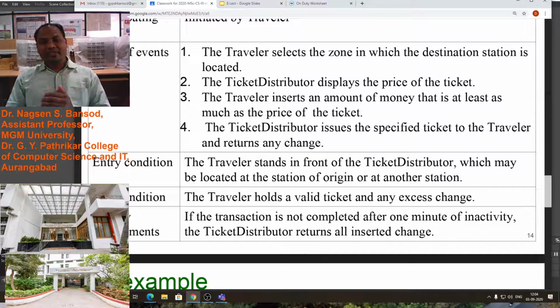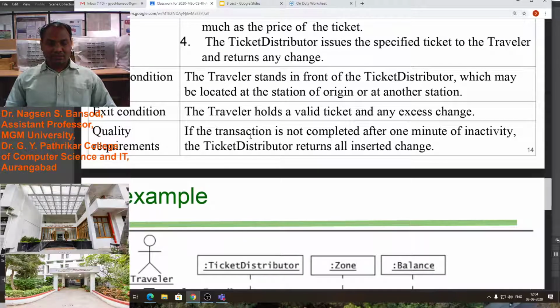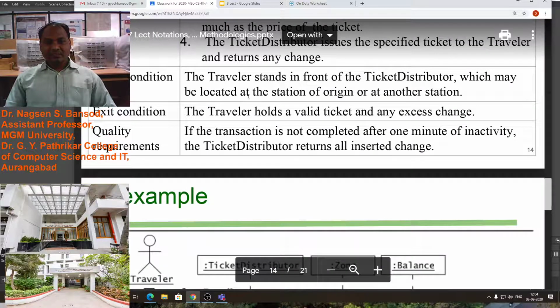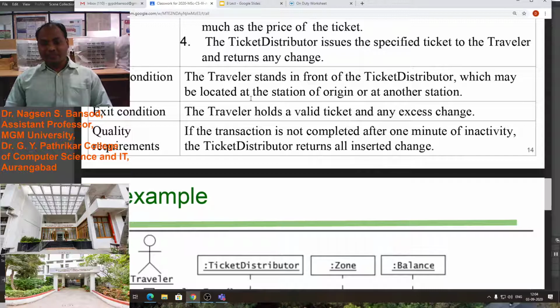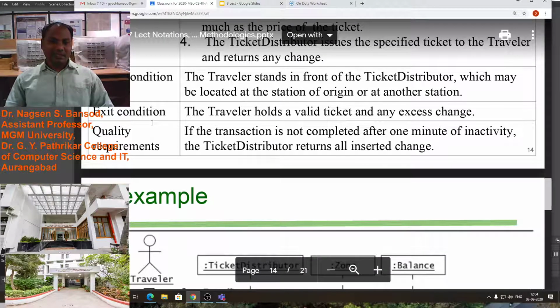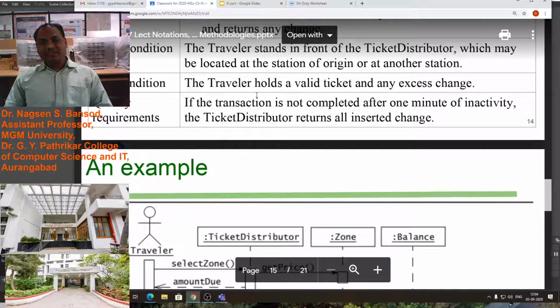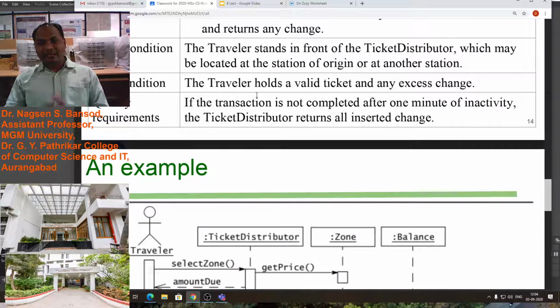The traveler inserts an amount of money that is at least the price of the ticket, and then the ticket distributor issues a specific ticket to the traveler and returns some change. Entry condition: the traveler stands in front of the ticket distributor, which may be located at a station or the origin of another station. Exit condition: the traveler holds a valid ticket and the exit change from that machine.